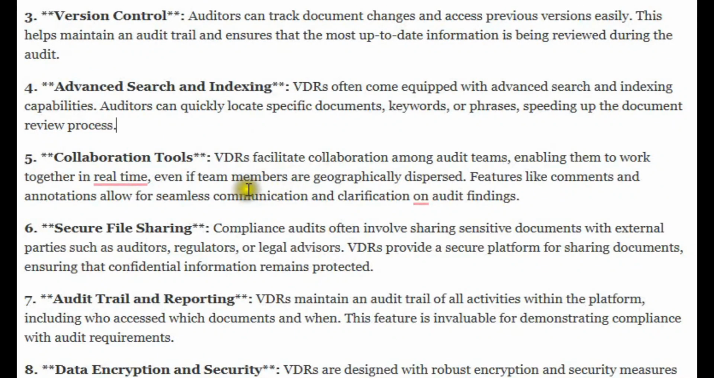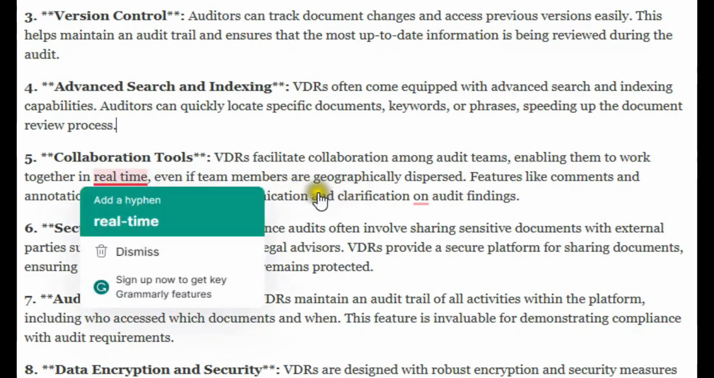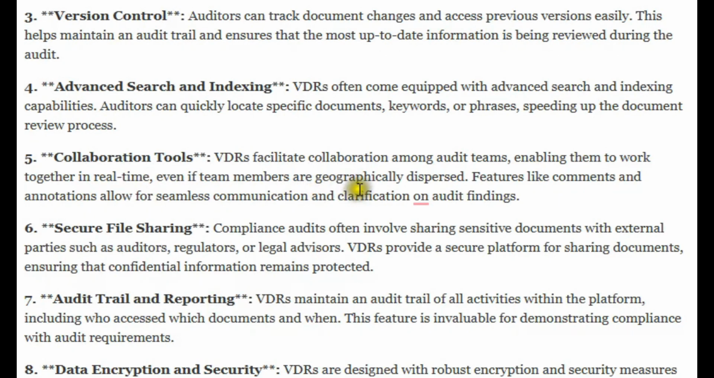Number five, collaboration tools. VDRs facilitate collaboration among audit teams, enabling them to work together in real time. Even if team members are dispersed, features like comment